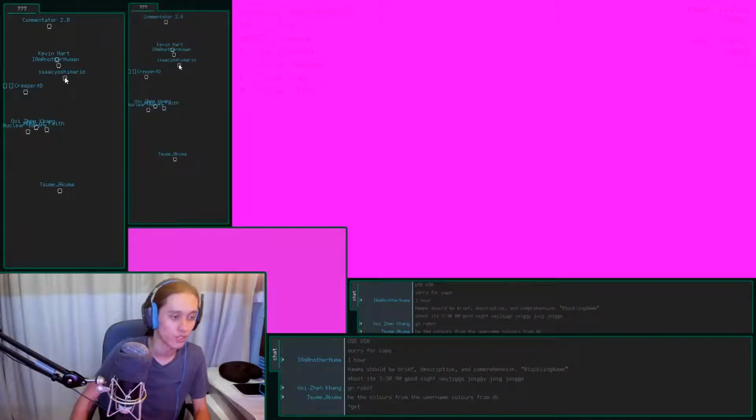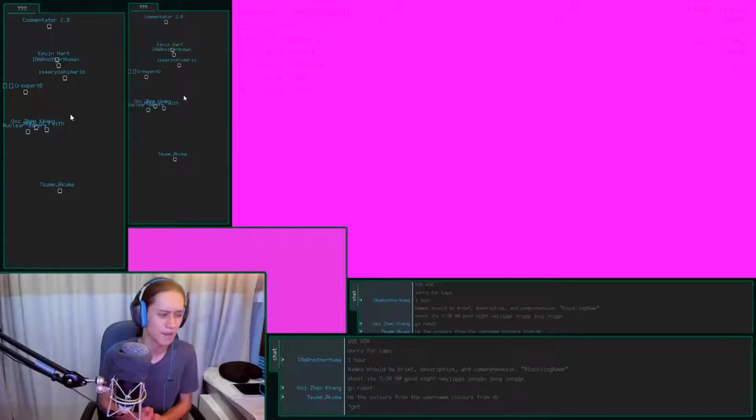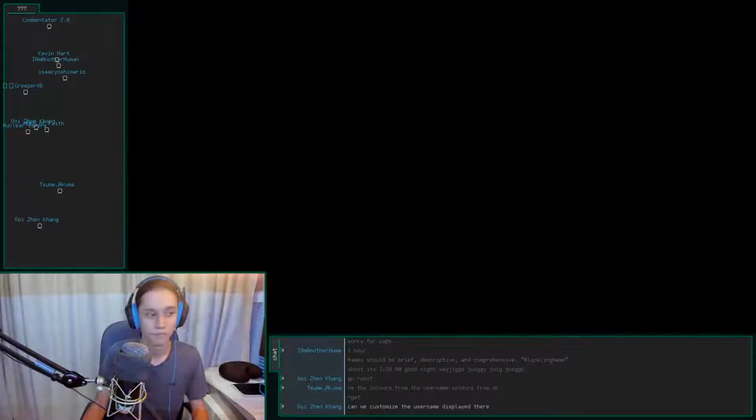So when it first spawns, it'll pop up with its username, but other than that it'll keep its username gone. That way we can make these be the forefront. And unless you do a ping command, I think a ping command can work. It'll just show where you are. Yeah, something like that.